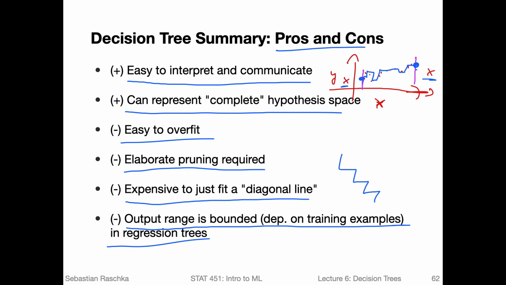So if you have a case, let me do a new plot here, where you have something like this, which would be perfect for a linear regression, the decision tree would again do the staircase to approximate this. However, now for linear regression, if we have a data point collected, let's say here, a new data point that was not in the training set, it would still correctly predict that because it can extrapolate. A decision tree would, for this data point, predict this y value here. It cannot go outside the range, which is one downside when you use it for regression.